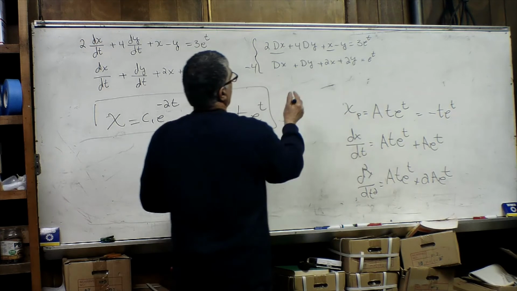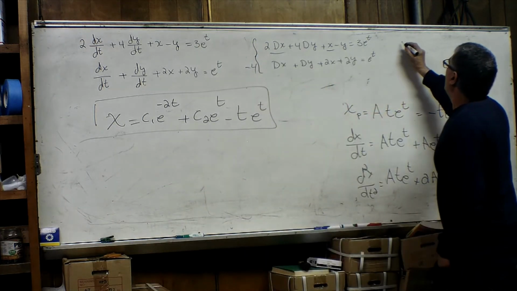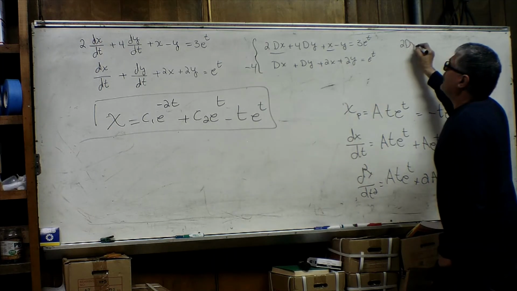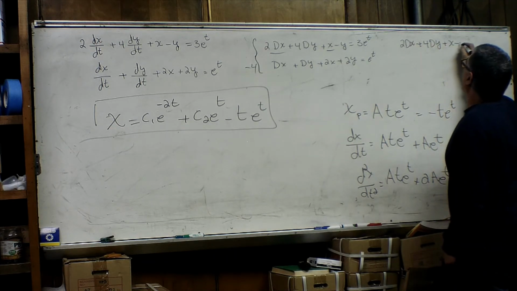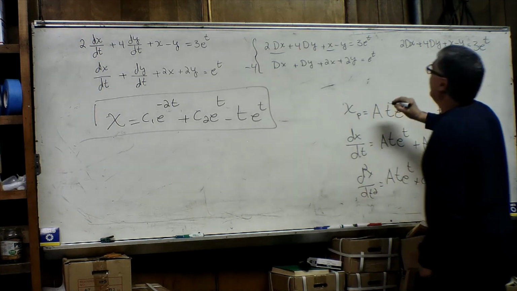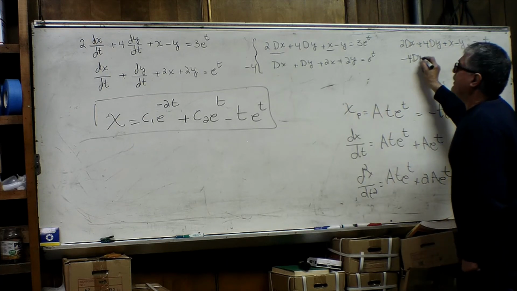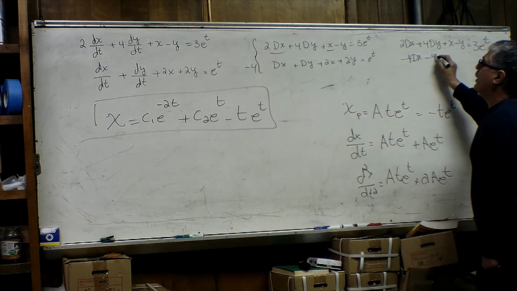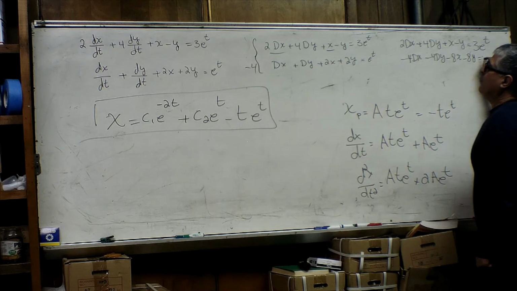So if we do that, we are going to have 2dx plus 4dy plus x minus y equal to 3e to power t, and minus 4dx minus 4dy minus 8x minus 8y is equal to